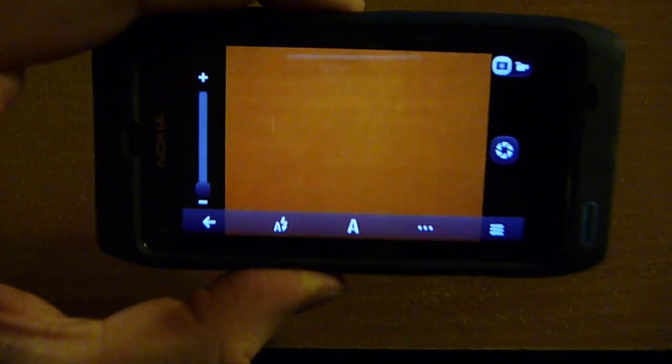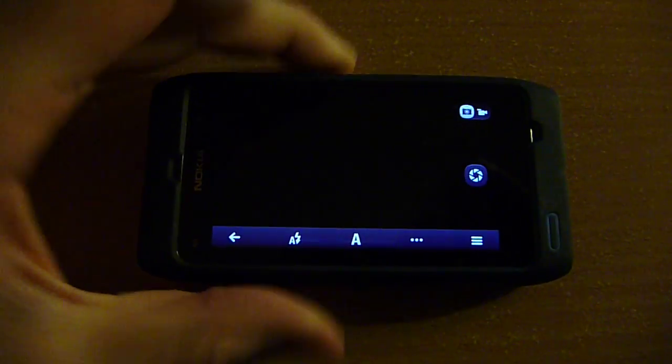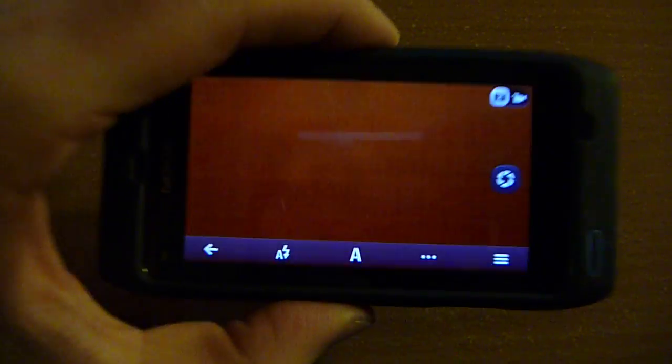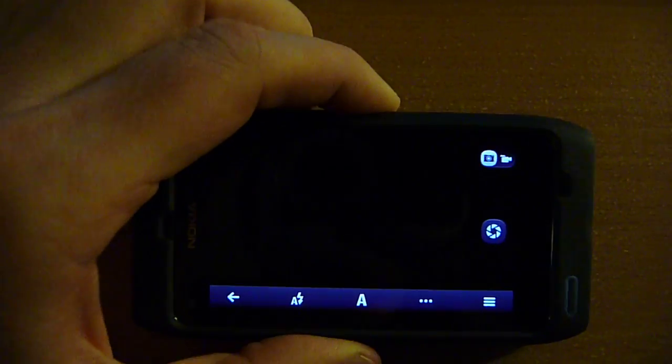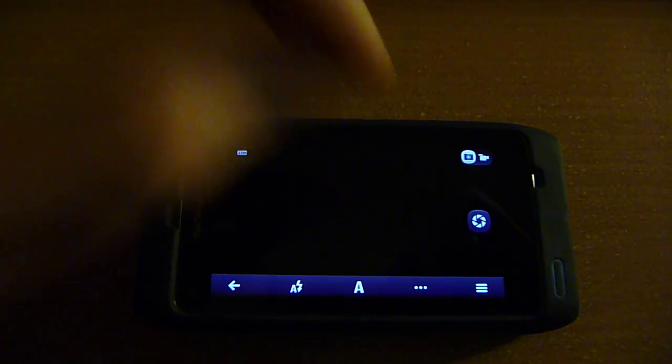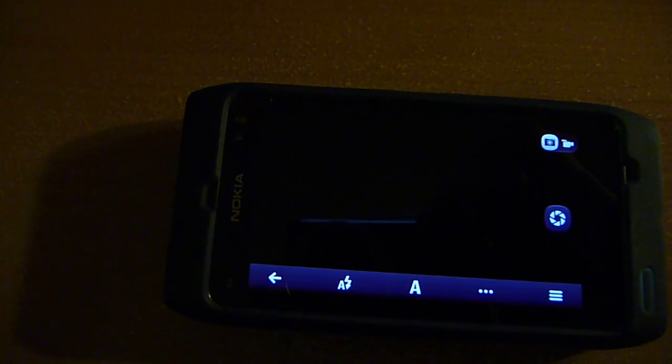Go here. The camera shortcut to pinch and change the resolution is present. I'm sorry about this. Just as you see here, and if you pinch it, it switches into a wide picture mode. So I'm sorry I can't. I'm holding a camera, so can't show you exactly how it is. And